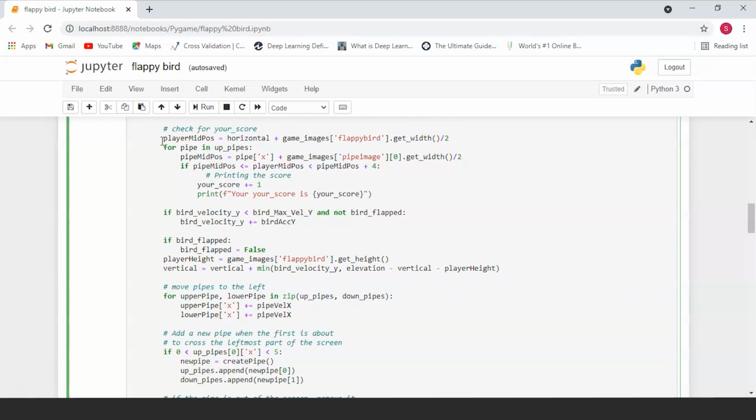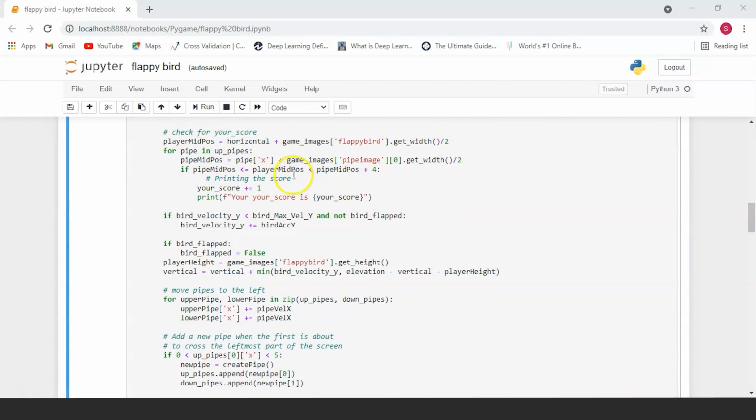Now after this, we need to keep track of the score of the player. Now how that can be done is that you get the position of your bird and the position of your pipe, and if the bird has crossed the pipe, then you basically increase your score by 1.